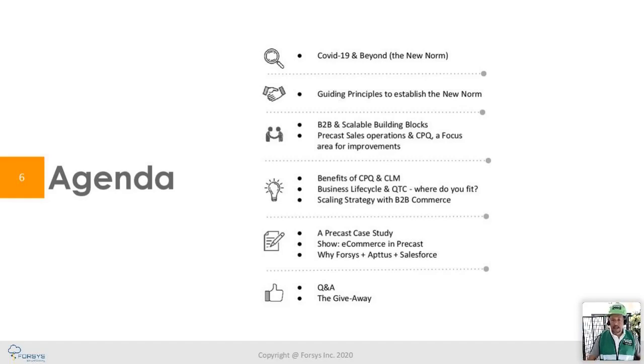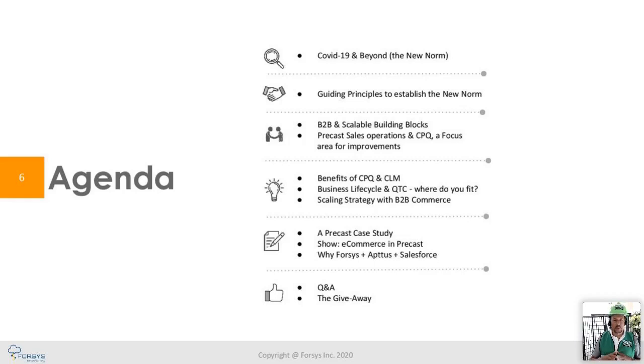Once we do have a case study, but instead of talking about somebody else's benefits, I'm going to show you a demonstration of some of the use cases that we've seen with some of our other clients in this space, where we have been able to create some transformational opportunities for them. So we're going to cover that, and this will be the chance for us to do a demo.